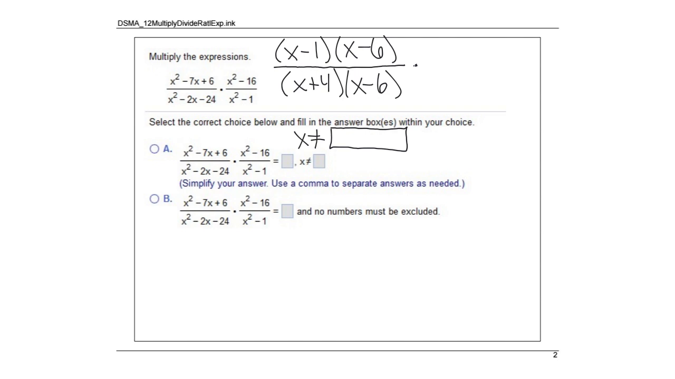All right, on the second one, that's the difference of squares. So we have x plus 4 and x minus 4. And then finally on the bottom, that is also a difference of squares because we have x squared minus 1. So that would be x plus 1 and x minus 1. All right, so